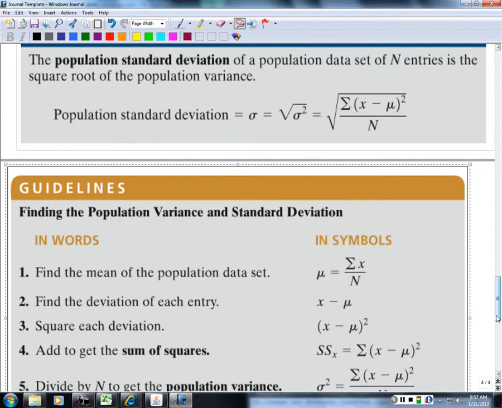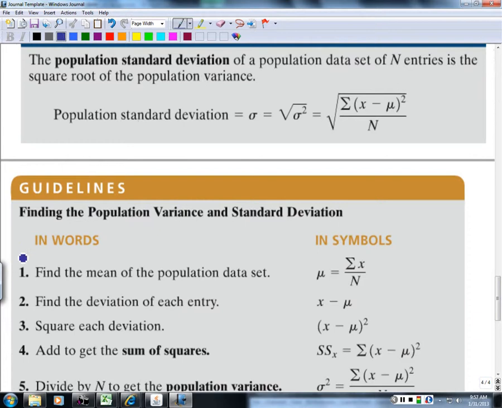The first thing that I want you to do, and it doesn't say this here, and I'm going to put this in as a preamble, is order the data set. And we want to go least to greatest, okay? Now, that should become standard in your head. Anytime I got a data set, I'm going to order it least to greatest, okay? I want you to do that. I don't care what the textbook says, all right? Once I do that,